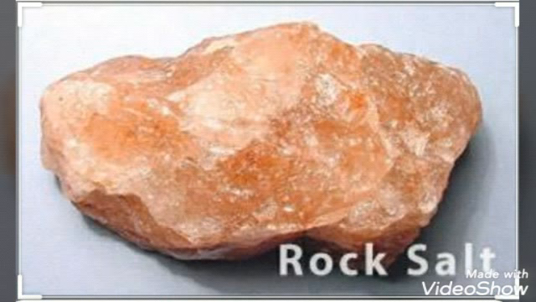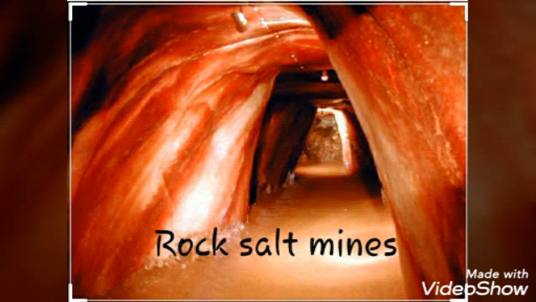Underground deposits of common salt are found in many parts of the world. The large crystals of common salt found in underground deposits are called rock salts, which are generally brown due to the presence of impurities in it. Rock salt is mined from the underground deposits just like coal. The rock salt which we dig out today from the earth was formed when the ancient seas dried up by evaporation thousands of years ago.